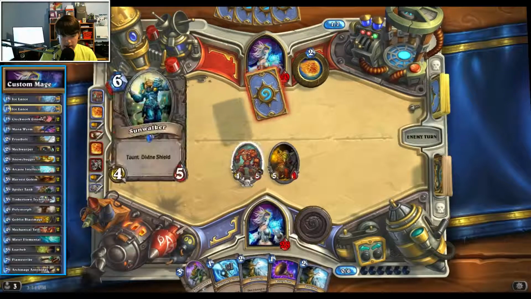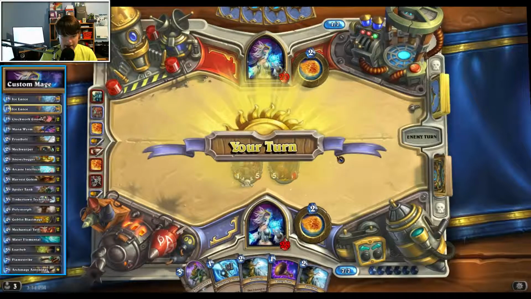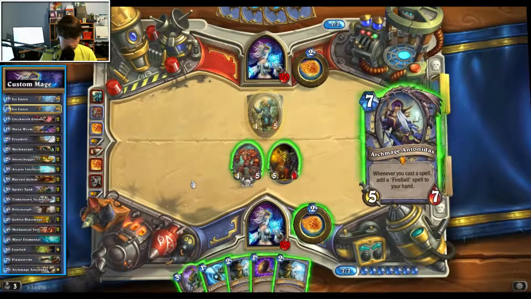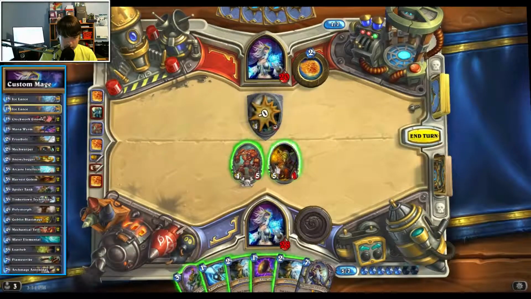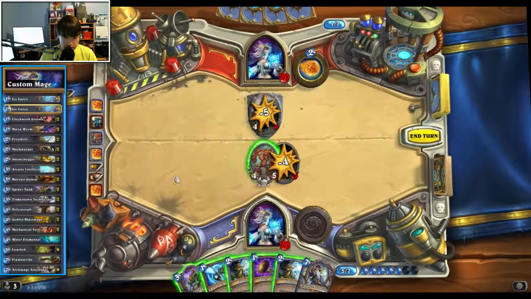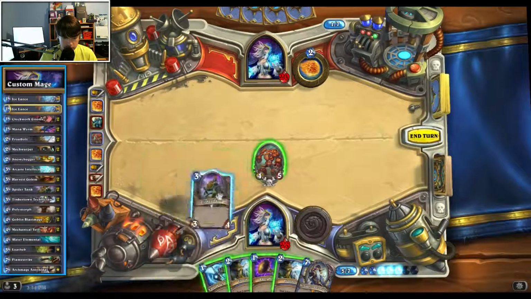Goblin, and then he would need... Okay, so I got a taunt Divine Shield, which is annoying as all get out, but that's okay. Always get rid of Divine Shields when you're playing a mage with that little fireball. It just is a lot easier. All right, so we got that now, and then we got 5 mana left, and we could...